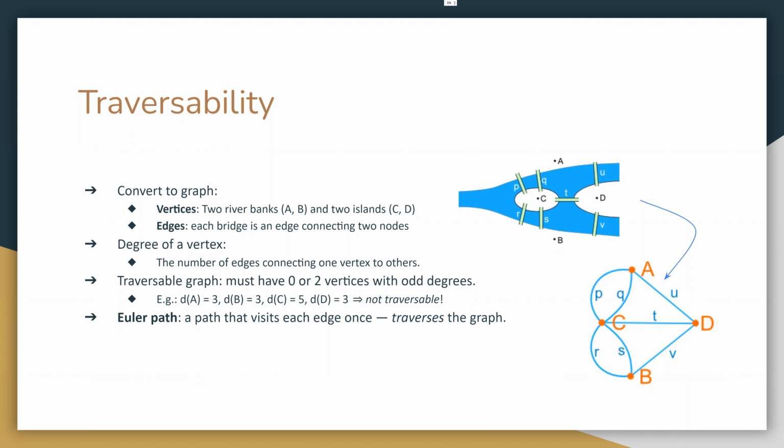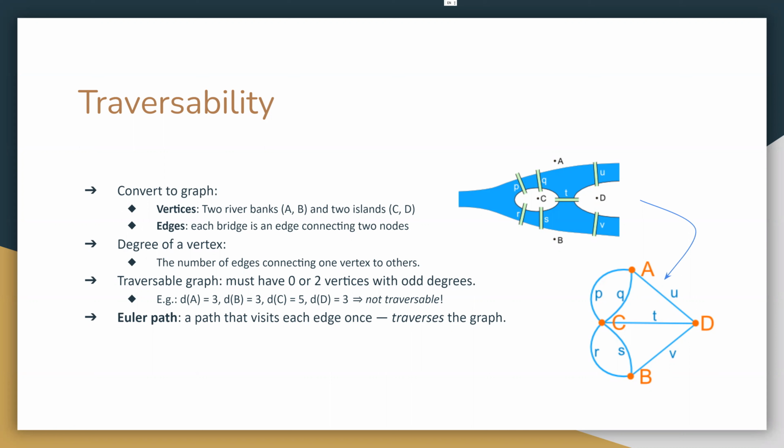So A has 3, and D has 3. B also has 3. C has 5. So what are these numbers? 3, 3, 3, and 5. These are odd numbers. And so Euler figured out